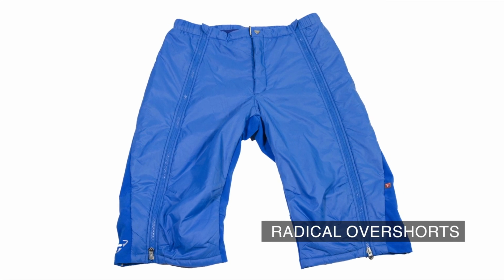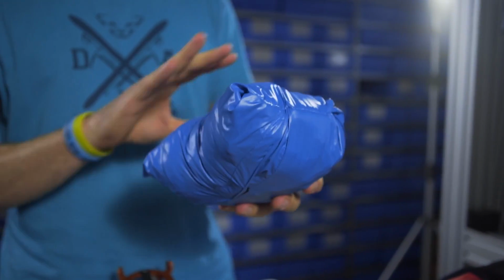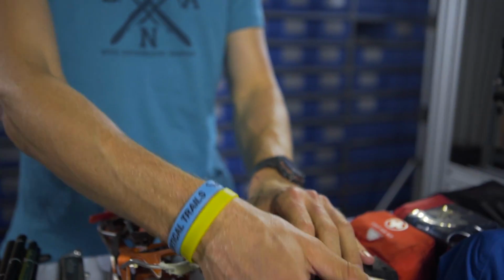The same goes for my PrimaLoft pants, always with me. If the weather suddenly changes, they're simply there, packed small. The PrimaLoft pants provide sufficient insulation to use on Mont Blanc and even at higher altitude on an 8000er, where